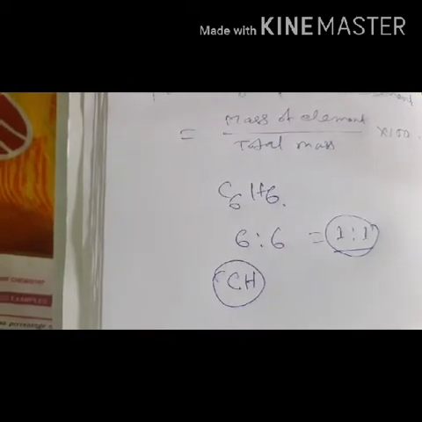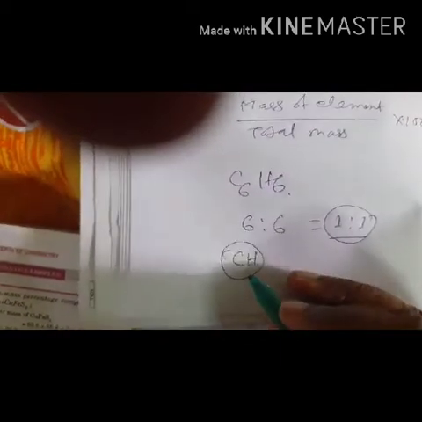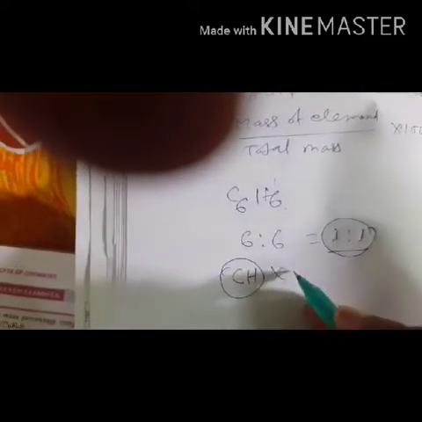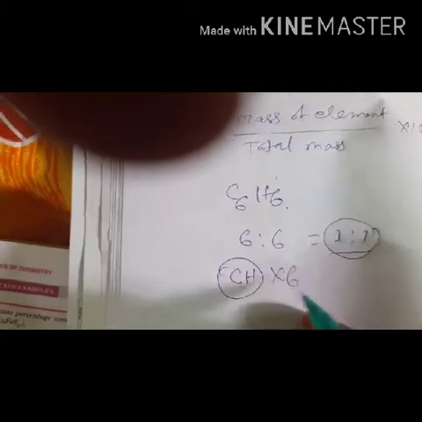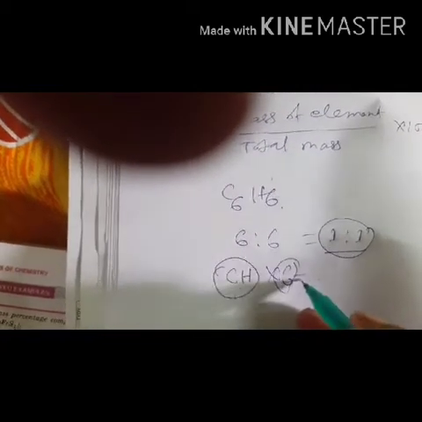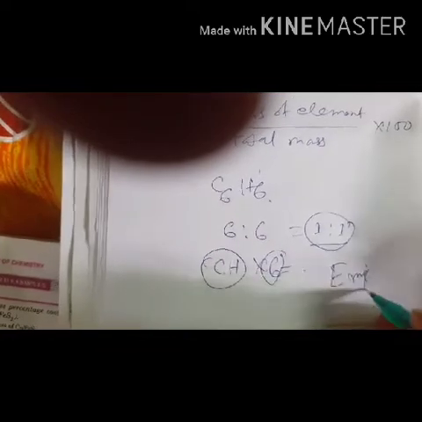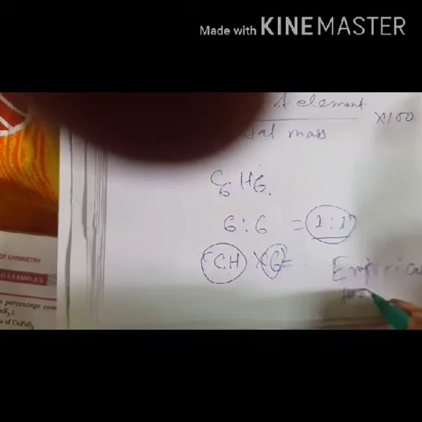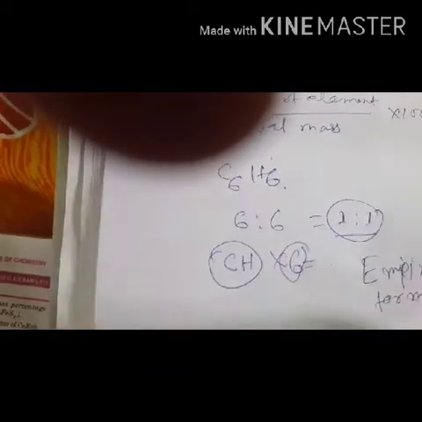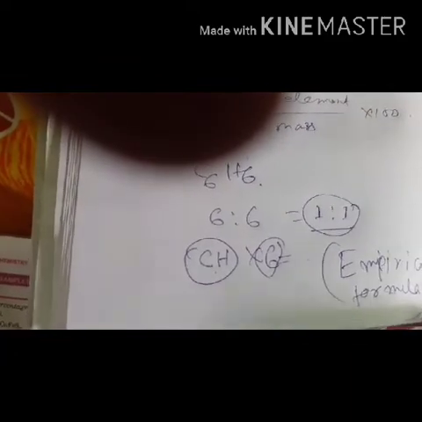Now let us take that. See, this is the empirical formula of benzene and this is the molecular formula. So if we multiply by the factor 6, then we get the molecular formula. That means for different compounds this factor will be different. So there will be a relationship: the empirical formula, if you multiply with n, will give the molecular formula.